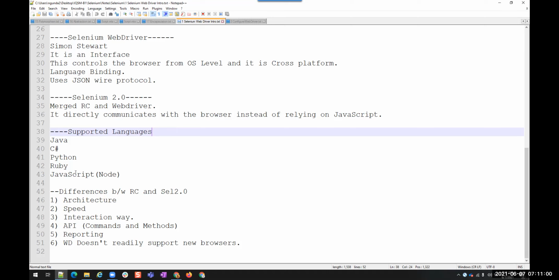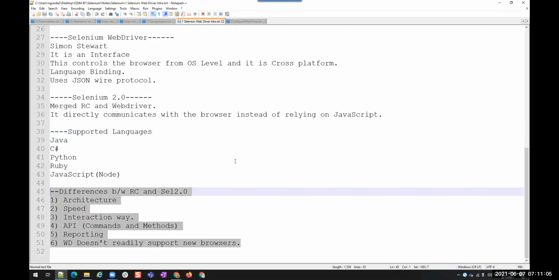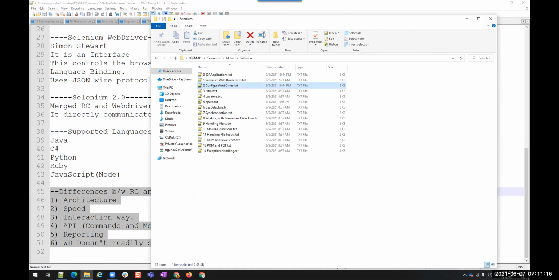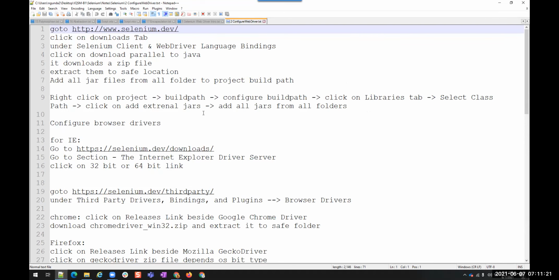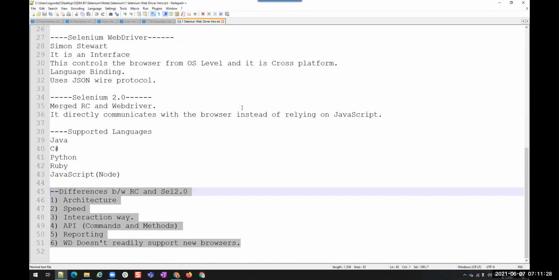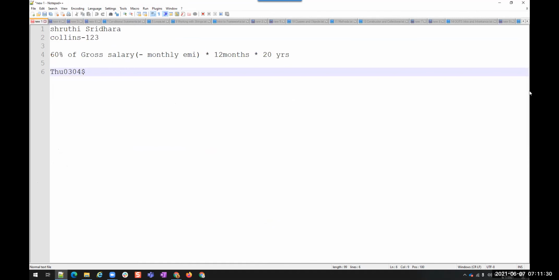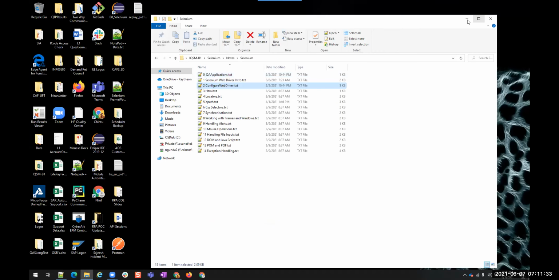And Selenium supported languages are these many, and the differences between these things we already discussed yesterday. Okay, so this is all about the introduction that we learned in our previous session. Okay, then just configure WebDriver. I think we can hold this a little bit because we haven't learned about Selenium IDE yet, right? So for Selenium IDE, we don't need these things. Okay. So before going to Selenium IDE,